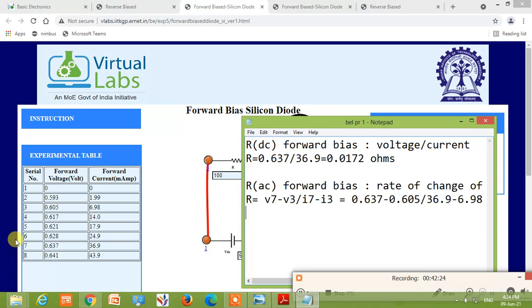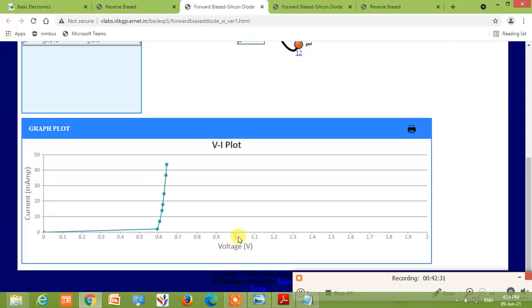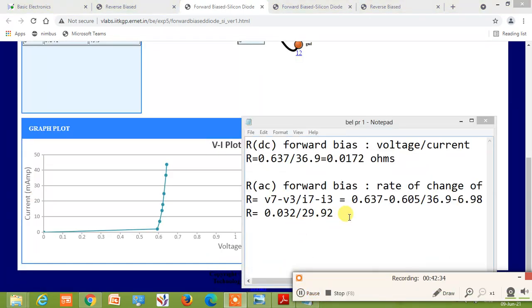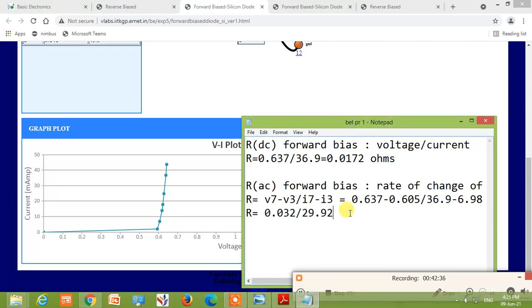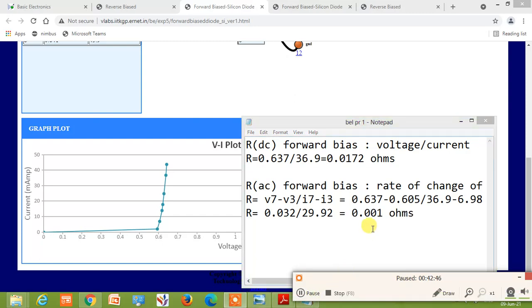So if we do the calculations, the dynamic resistance or the AC resistance comes to be, so the calculations are like this. Again I have to solve. So the AC resistance and the DC resistance, ideally the diode is acting as a short circuit, that is the resistance is very less, approximately 0.001 ohms.